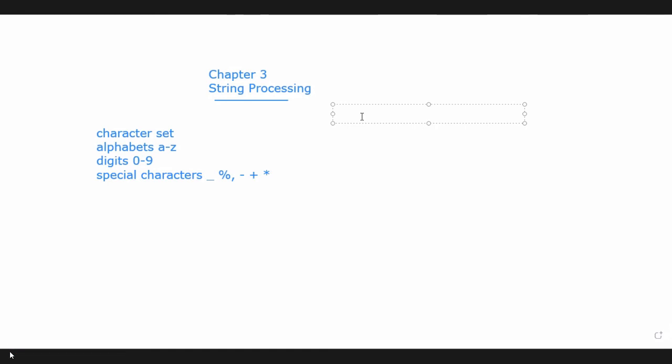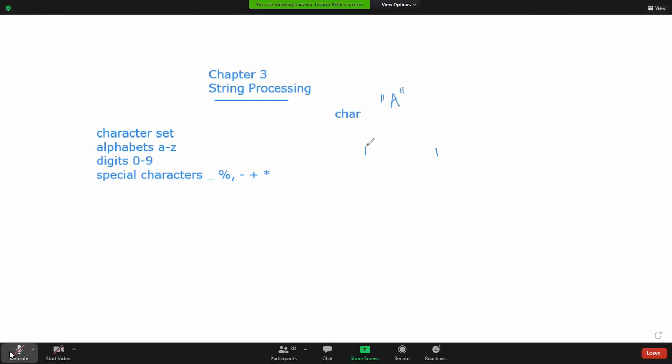What is the keyword for character? CHAR. And if we want to write an array here, how can we write it? A single character can be written by using a single quotation mark. But what about a string, a collection of characters?